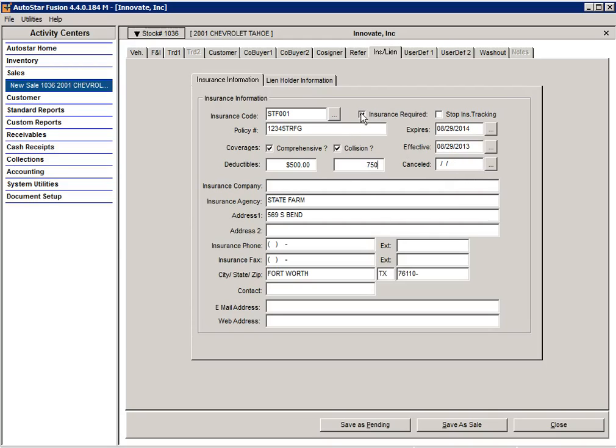So if you require insurance and you check this, then you can create reports that will help you pull up a list of, let's say, customers who have insurance expiring in the next 30 days. Then you could get your collectors to contact those customers and just give them a friendly reminder to